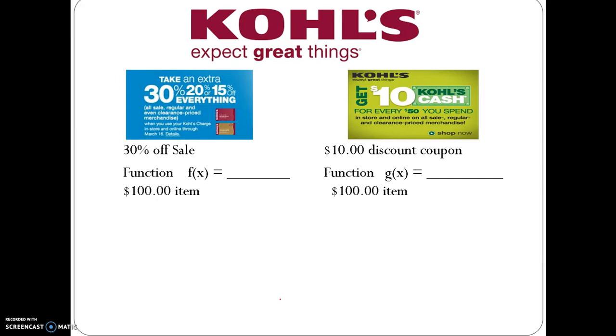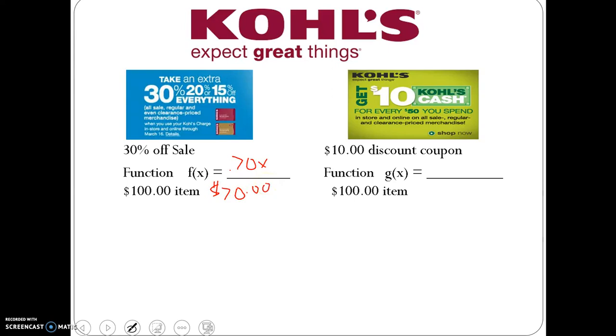And so let's first write a function that represents 30% off. If you get 30% off of something, that means you pay 70% of whatever the price is. So if x is the price of any item, then a function that represents 30% off is actually going to be 0.70 times x. Which means a $100 item is going to be $70 with the coupon, because you would actually pay $70 of